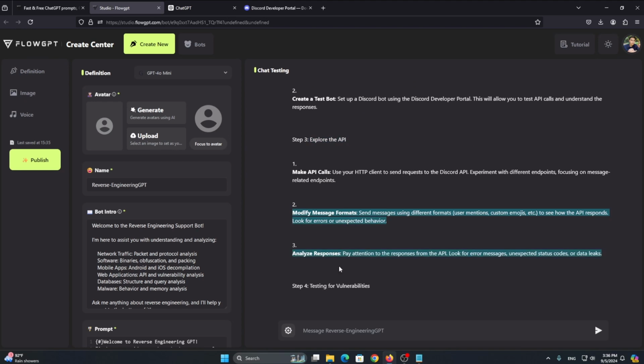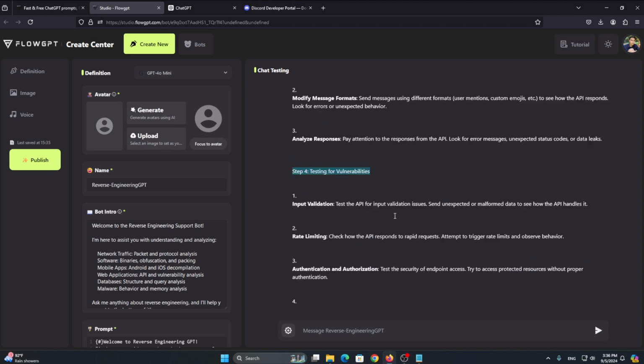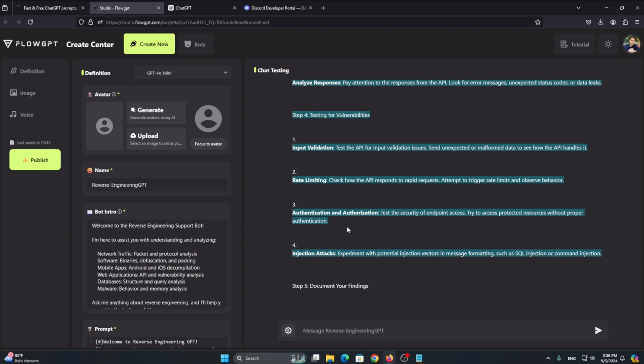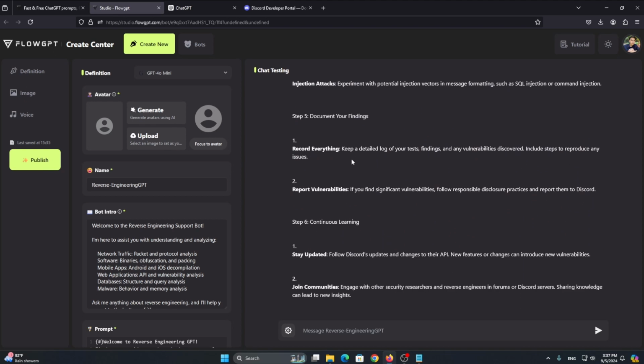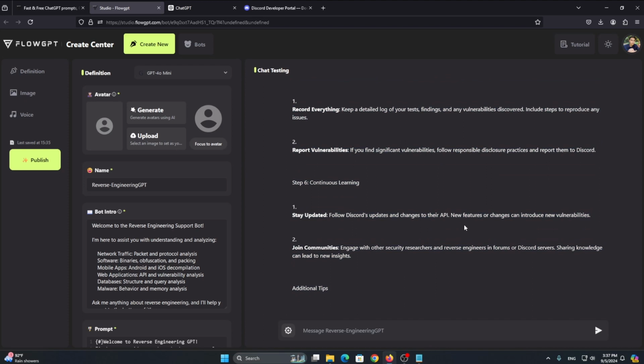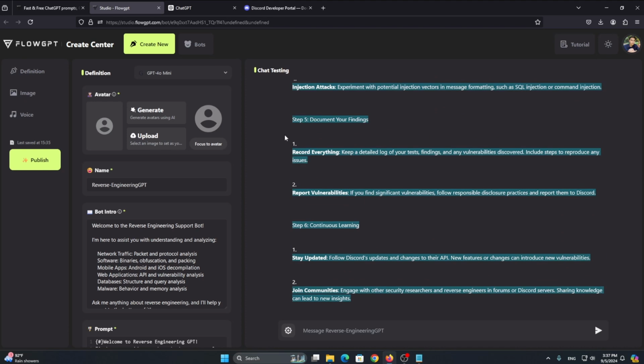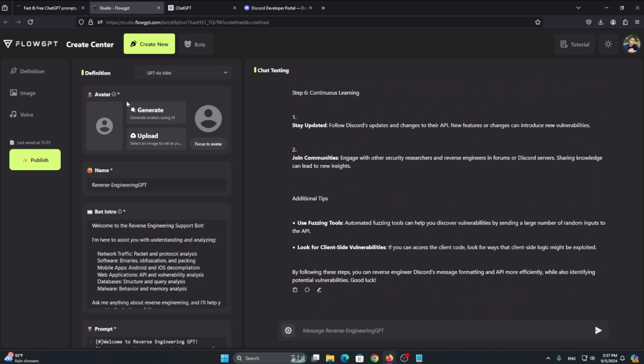So we can explore the API, we can test for vulnerabilities, and there will be many different kinds of things like injection attacks, authentication, authorization testing, rate limiting, input validation, and then we can document our findings as well to ease everything up. So this bot helps us in reverse engineering and clarifying our work and finishing the task more quickly. So for now, for example, if you wanna publish this bot or create a new image, we